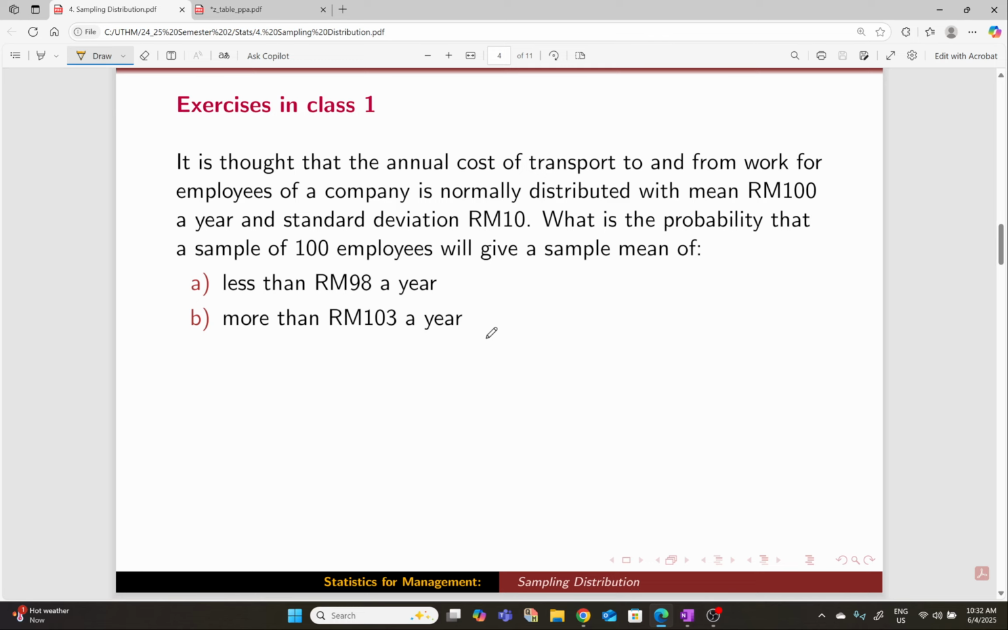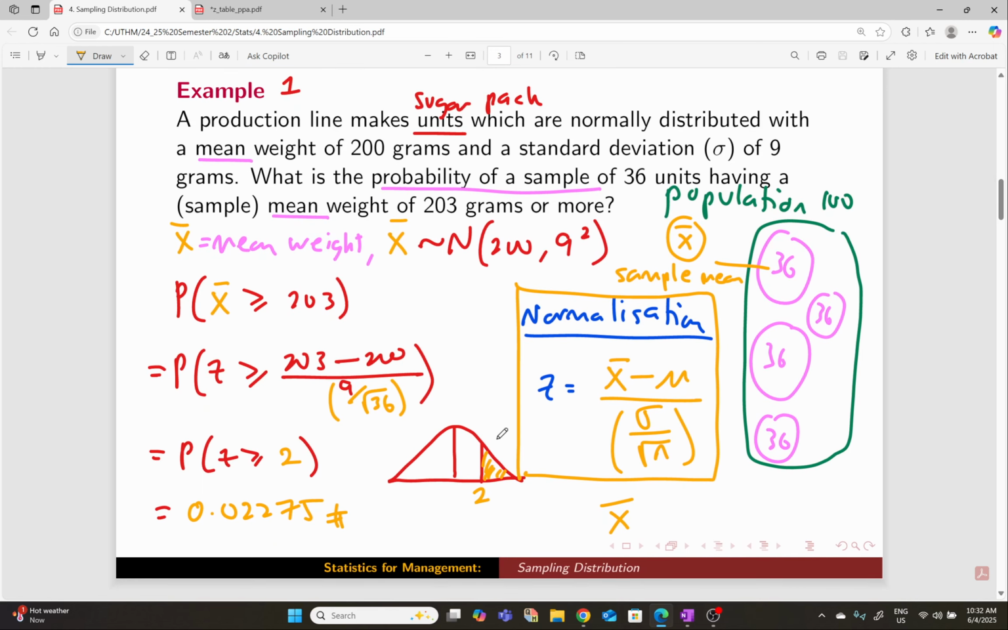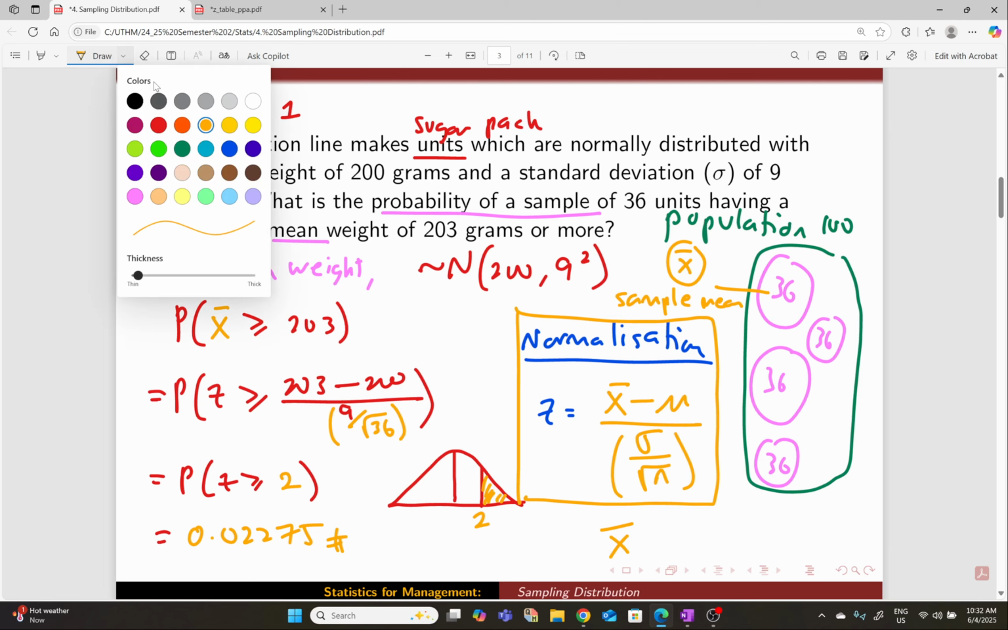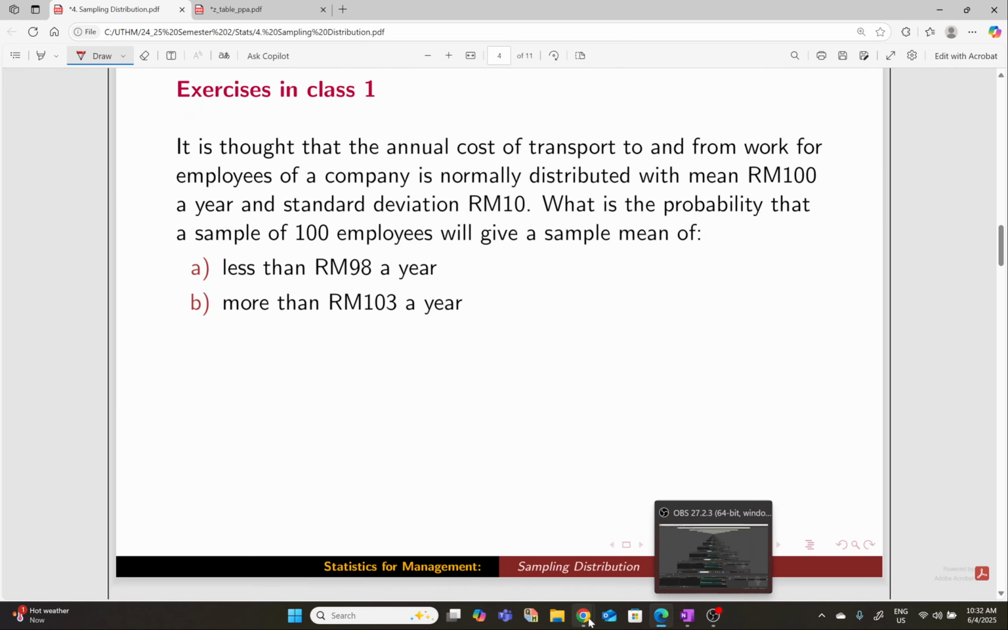It is thought that annual cost of transportation to and from work for an employee for a company is normally distributed with mean and standard deviation. Sorry, this one is still X here. Letak X dekat sini ya. Saya silap tadi. Letak X, still X. So X dekat sini adalah